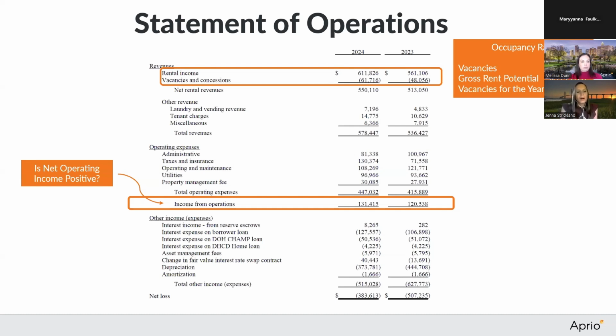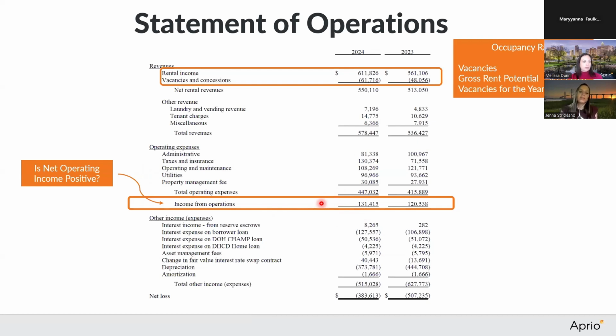Then we'll move on. You have your tenant charges, like we discussed, which are those other sources of income from tenants that aren't rent. And then we have our operating expenses, which is kind of the common things that it takes to run the property. And then most importantly, your revenues minus your operating expenses generating income. So you do want to see income from operations. That's a big sign that the property is performing well. If you have a negative number here, that's a bit of a red flag and there's probably something going on, or the property might be newer and still getting off its feet. So that's our items to look for there.